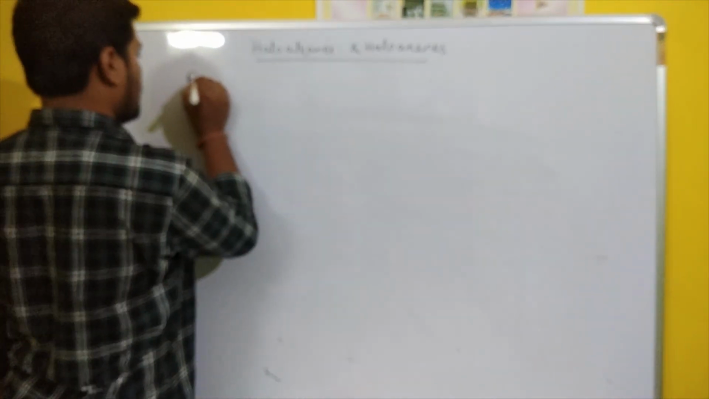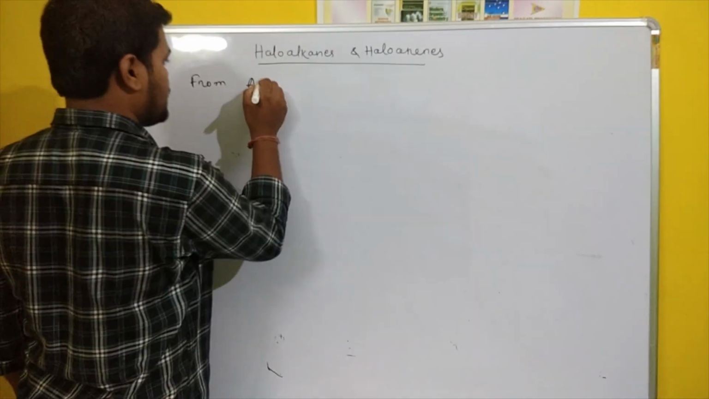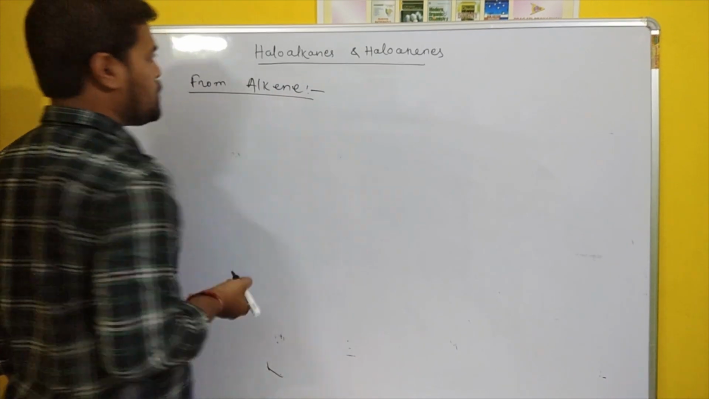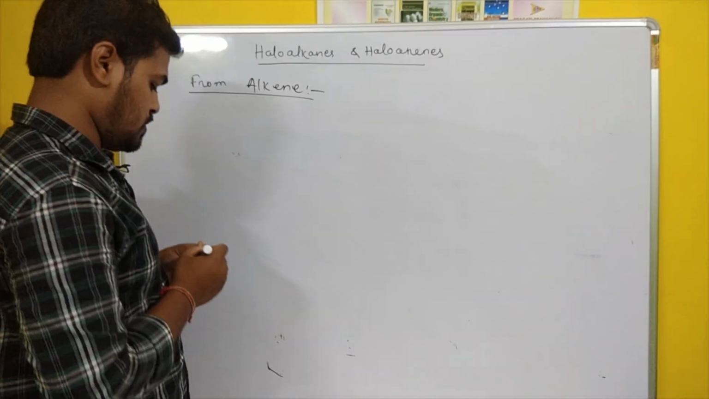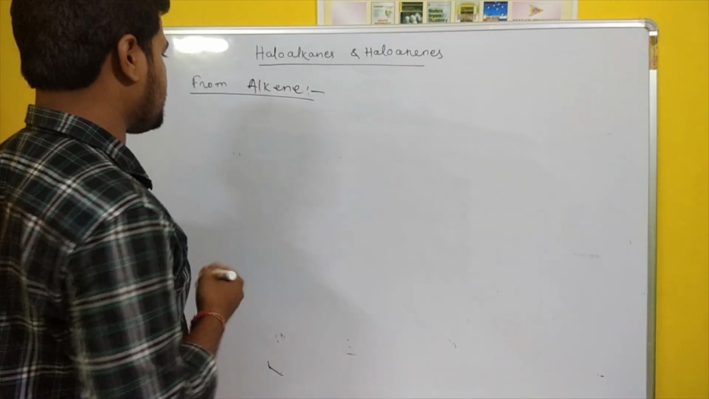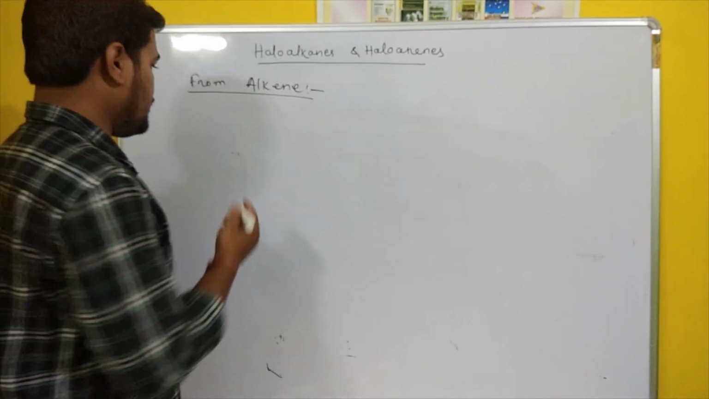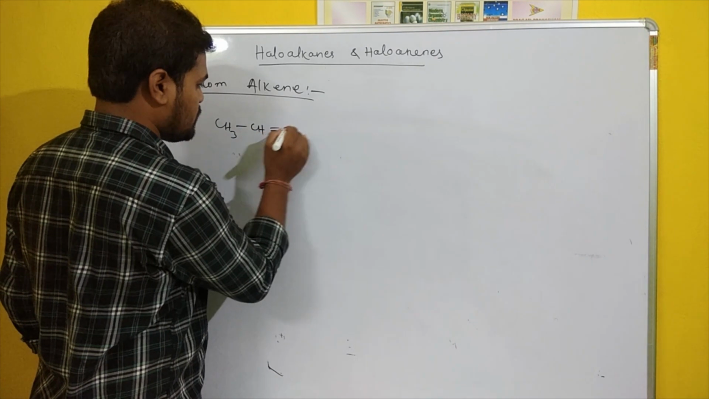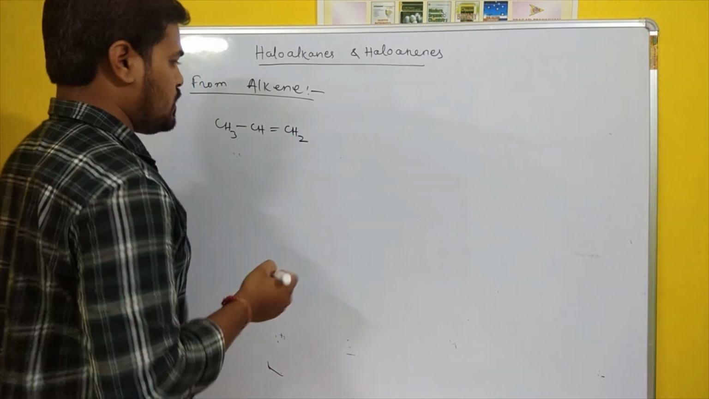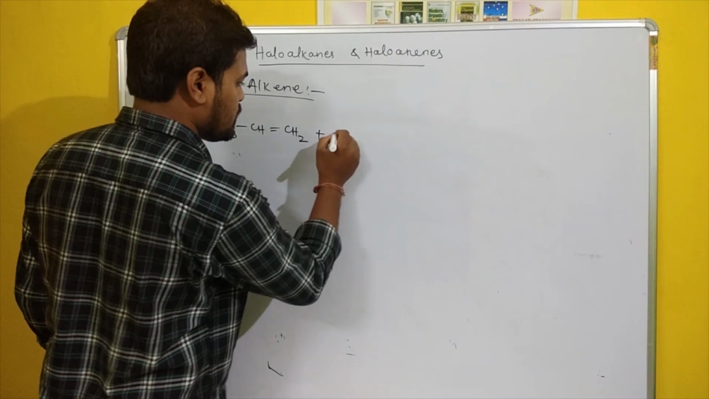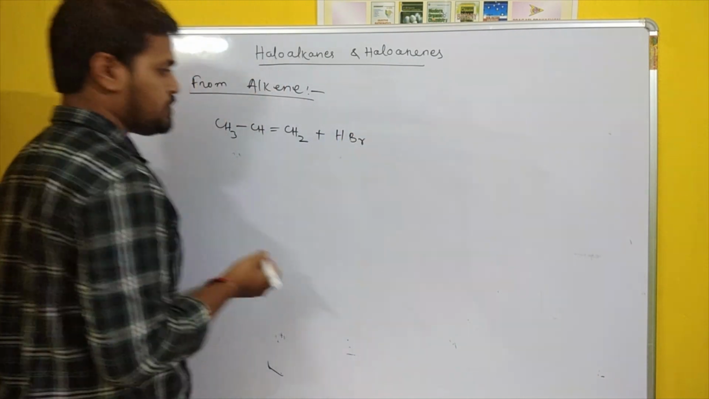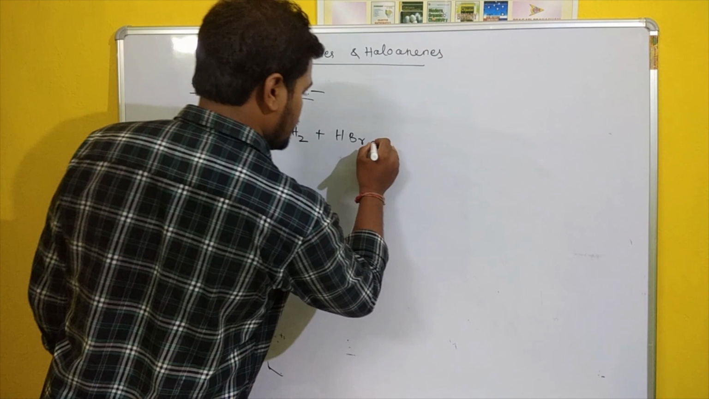Next is from alkene. From alkene we prepare haloalkanes and haloarenes. So when alkene reacts with HBr, it gives